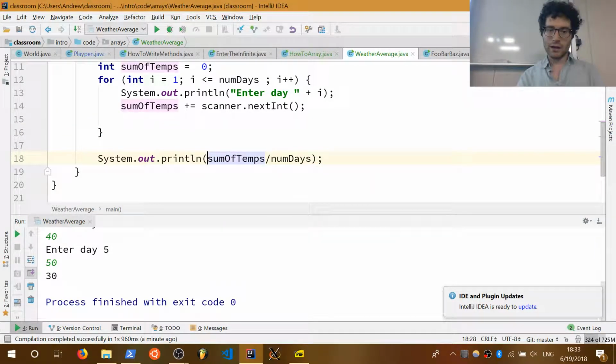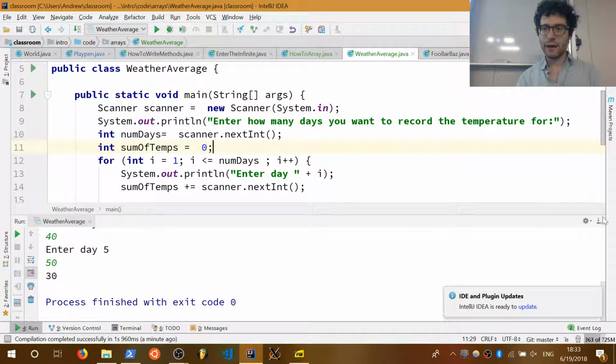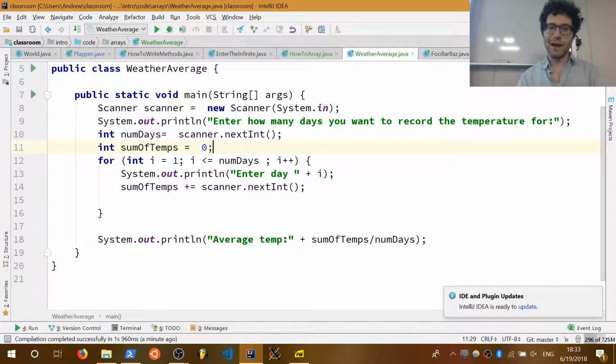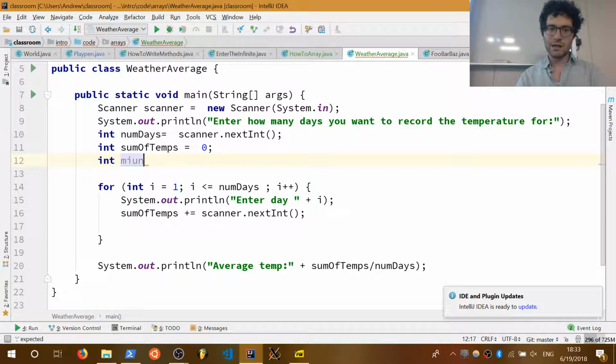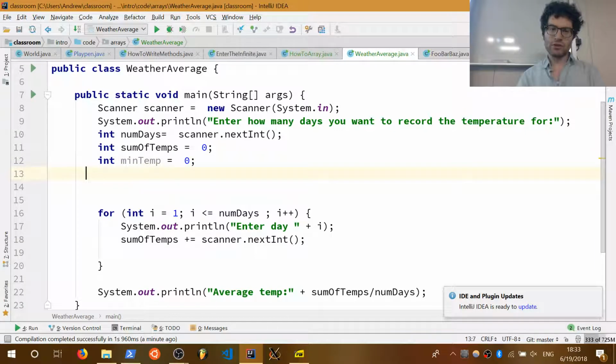So let's go with average temp. I mean, and also we can track them. Now, one thing that we can do is that we can also track the minimum and the maximum temperature, right? The min temp is equal to, let's go with, yep, we started here. Actually, what we're going to do is int min temp, int max temp